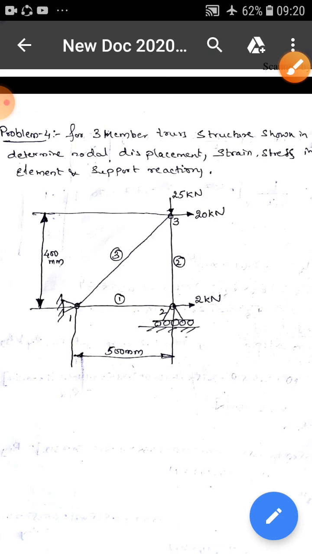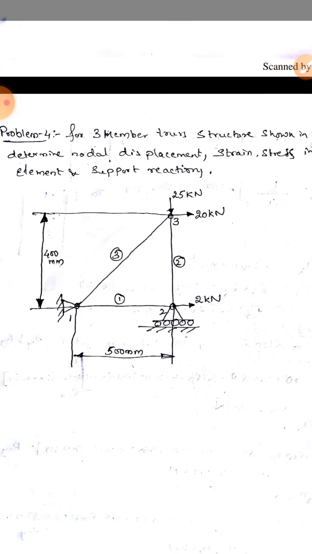Now try to solve it, and let me know if there are any difficulties. I'll collect the answers for truss problem number 2 and 4. After that I'll solve another problem, problem number 5. I'll also ask you to solve truss problem 6. So 2, 4 and 6, I'll collect the answers at a time. Okay, thank you.